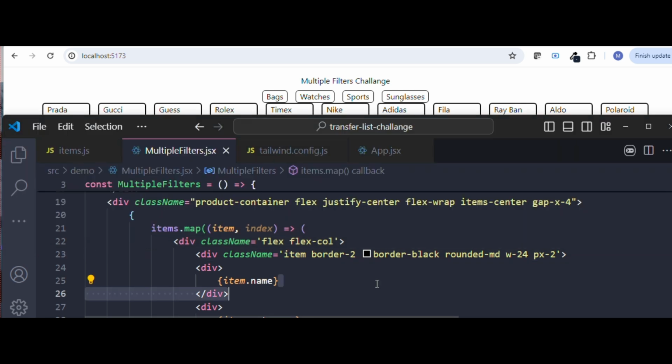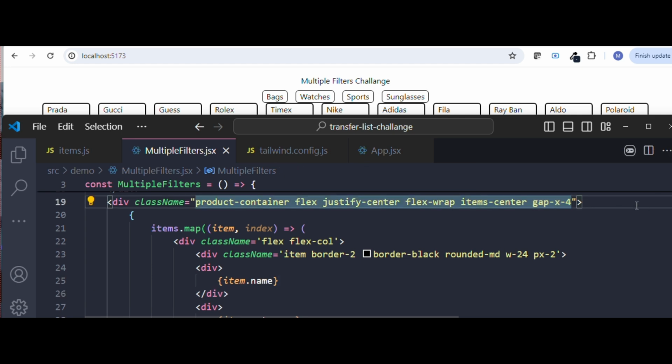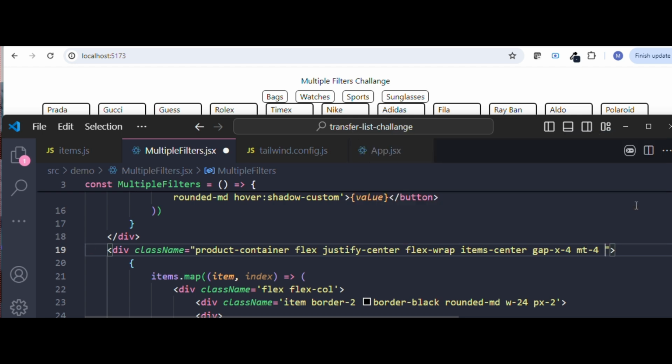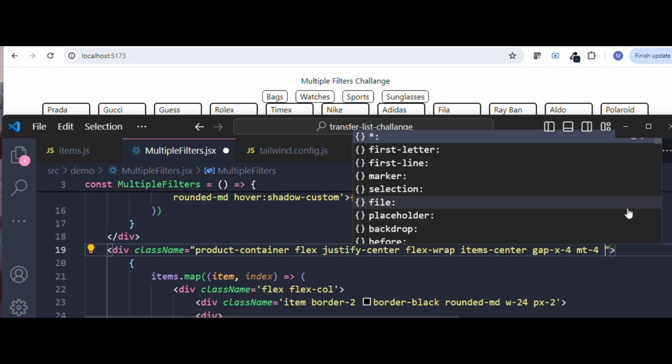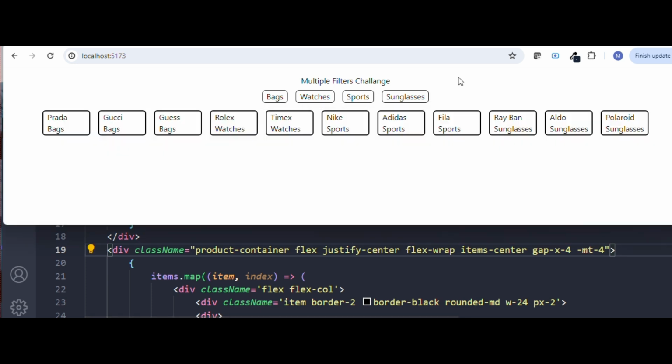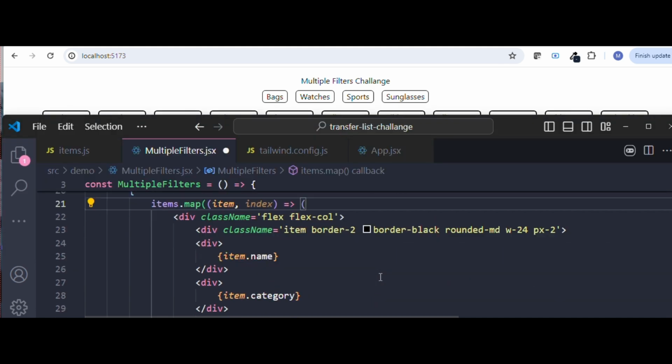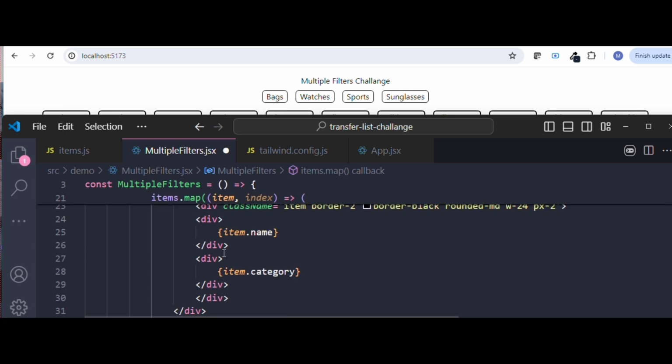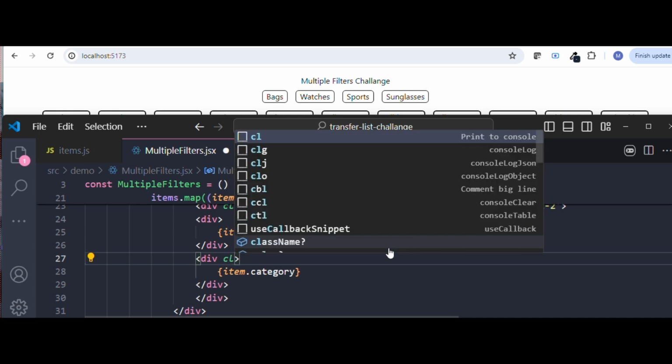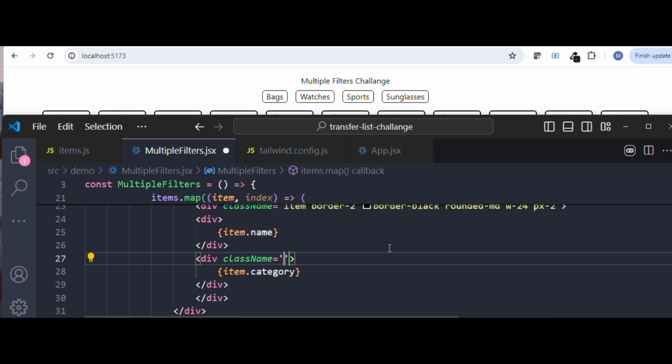So we need to add a margin here so that there will be a gap, margin top 4. See, now we got the gap. And then we should do one more thing here, that is, for this the category should be a little small and have a different color, that is a gray color, for which let me add here